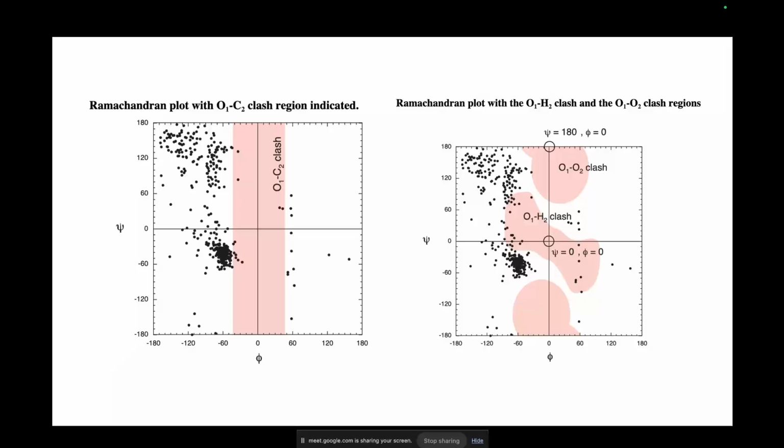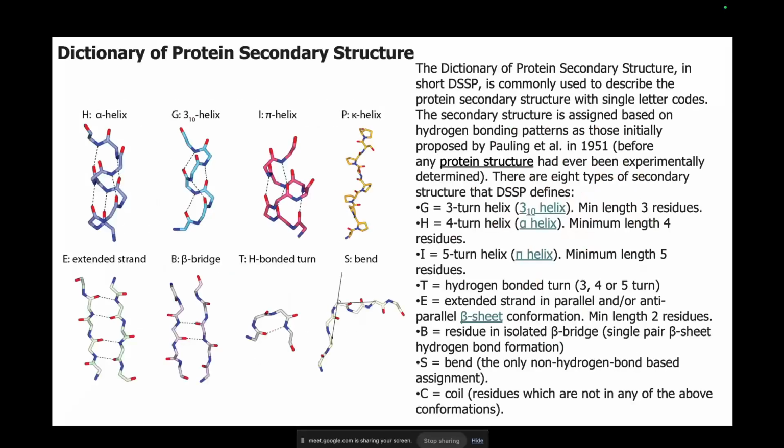So the idea is that the Ramachandran plot will act as a validation to your prediction. If certain residues fall in regions where there is high steric hindrance and this is naturally not possible, that would mean that your prediction is not perfect. So it's not a very good prediction. This kind of information we can get from Ramachandran plots, right? Okay, so moving on from Ramachandran plots,